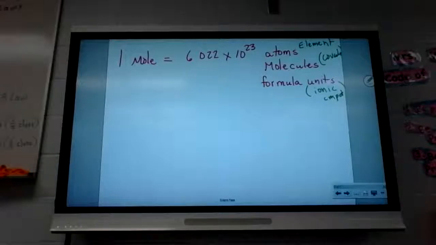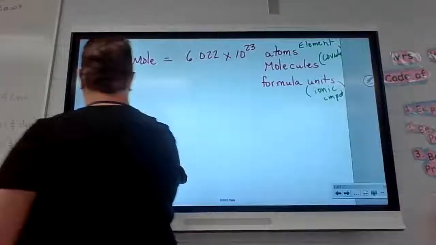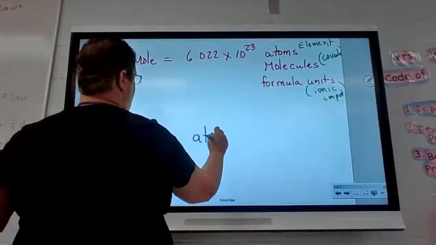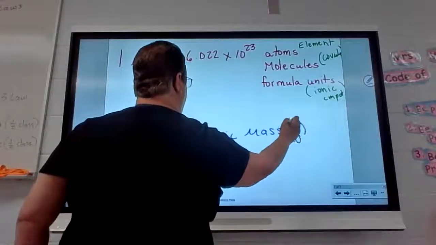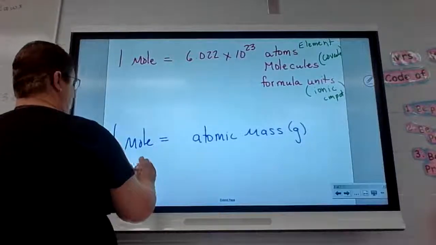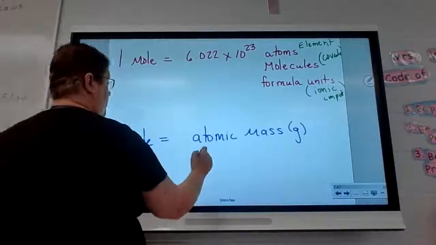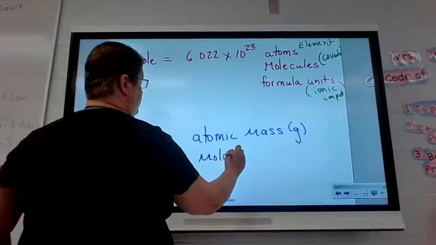Which is why it's up there in the same category as an atom. They work the same way. So, the other converting factor we learned was 1 mole is equal to the atomic mass in grams. Which is the same now as 1 mole is equal to the molar mass